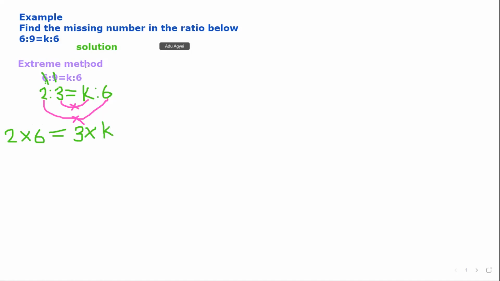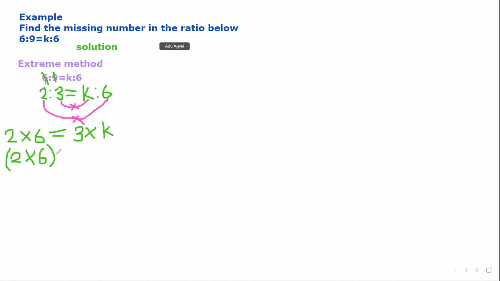That is how the extreme method works. Always you multiply the nth number, the number that's at the nth, and then you equate it to the number at the middle here. So here, when you multiply this one, 2 times 6, don't waste time to do the multiplication. Just put them in a bracket, so 2 times 6 here in the bracket